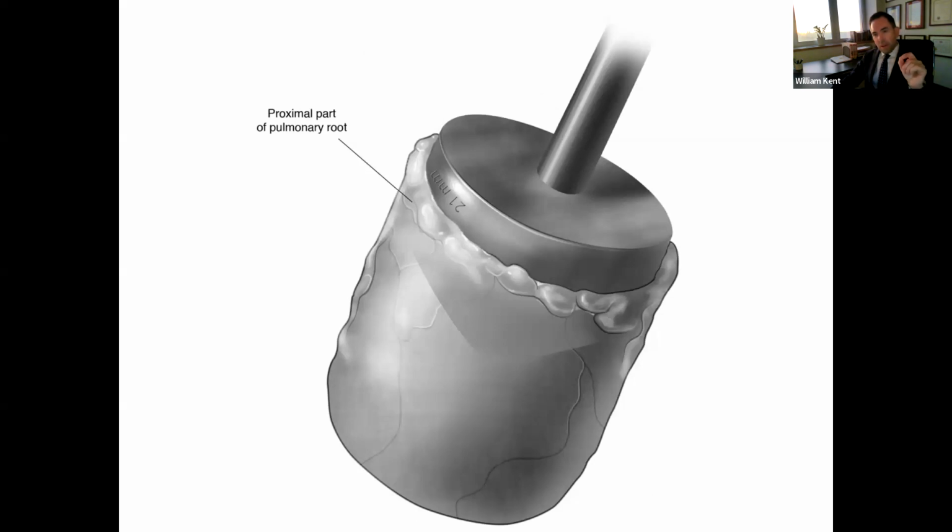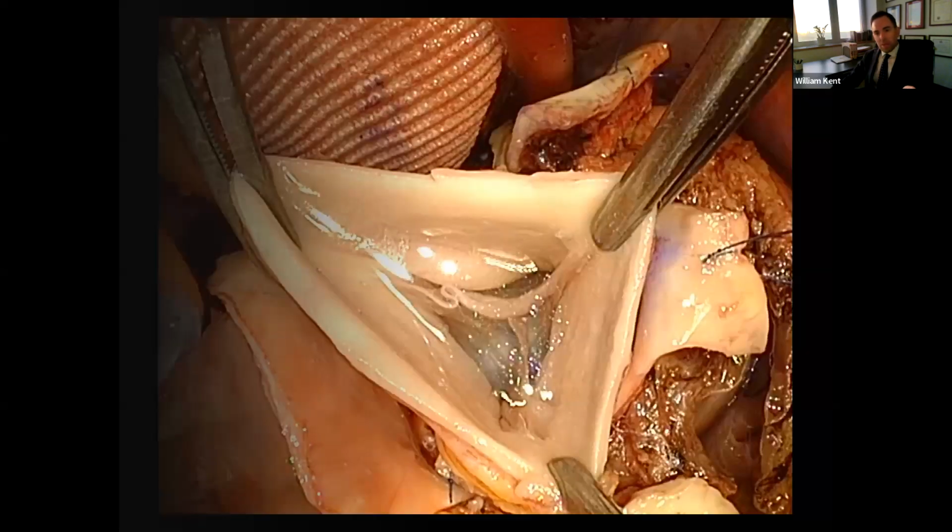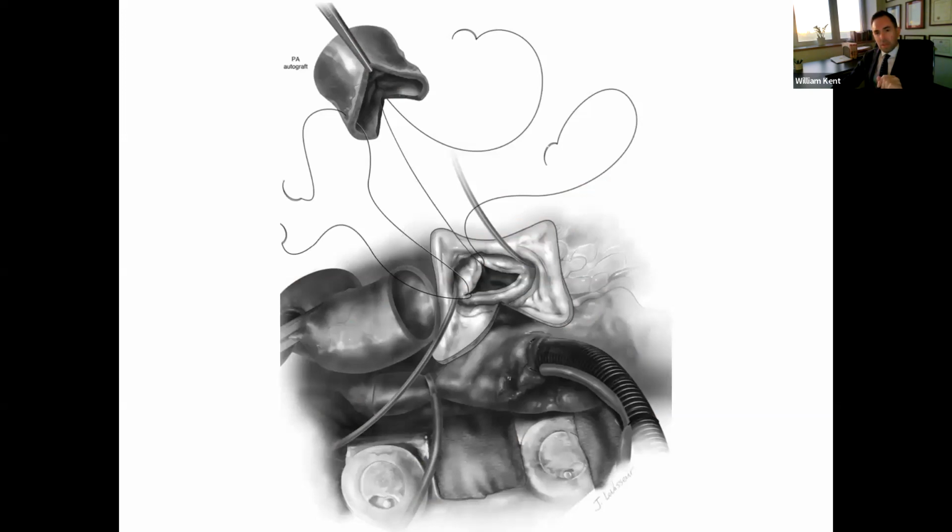The autograft is then sized. So we want to have the right size match between the pulmonary autograft and the aortic annulus. Now, if there is a size mismatch and the aortic annulus is too large, then we'll do a downsizing procedure, which I'll tell you about in a sec. So the sizing is done there, and this is an intraoperative picture of what the pulmonary valve looks like. Beautiful valve, 3 leaflets, very thin, mobile leaflets. Looks exactly like an aortic valve, except the commissure is a little lower, so it's a little shorter valve than the aortic,